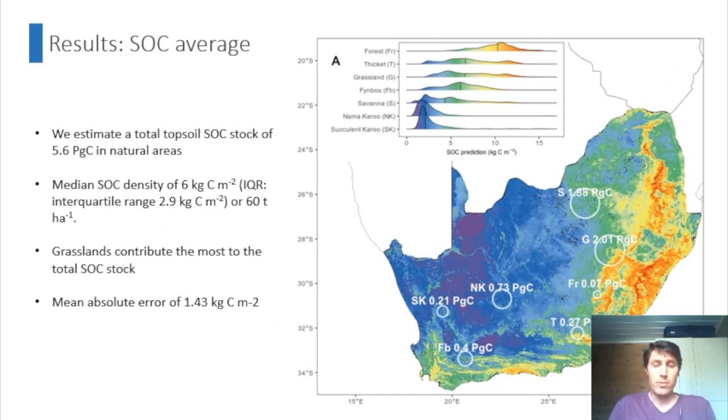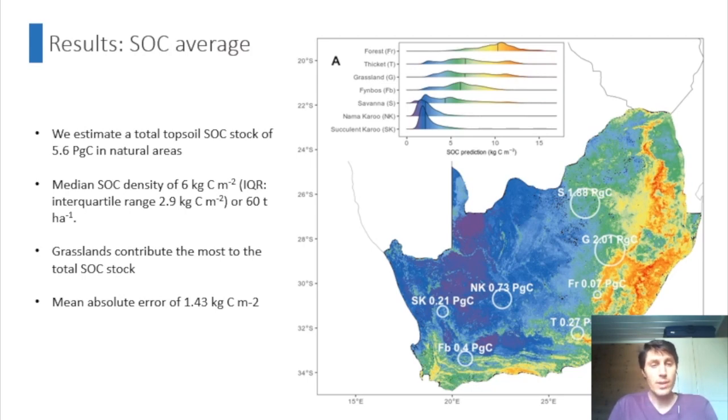The predictions from the model are presented in this map of soil organic carbon over the country, and this inset graph shows the distribution of soil organic carbon across the different biomes, and you can see forest having the highest density and succulent karoo having the lowest density. We estimate a total topsoil soil organic carbon pool of 5.6 petagrams of carbon, and this is restricted to natural areas. We did not include cultivated